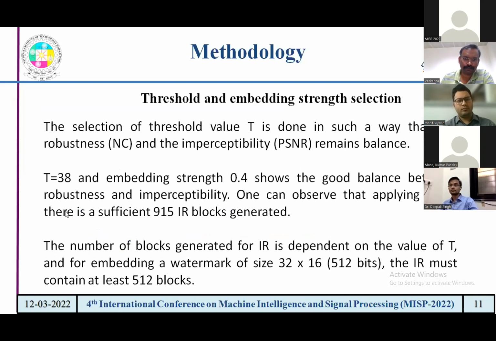How are we selecting the threshold? As I already discussed, the threshold value is set in such a way that it gives a balance between the robustness, that is NC,